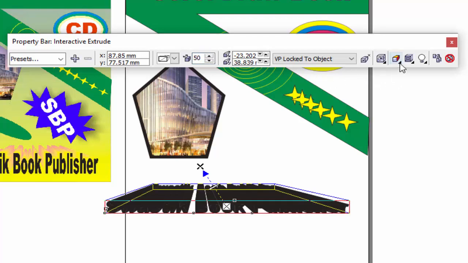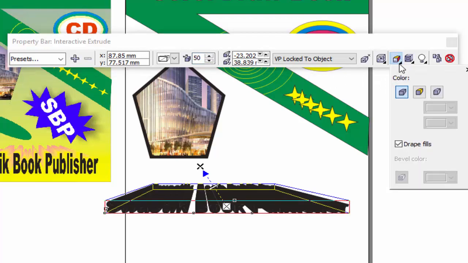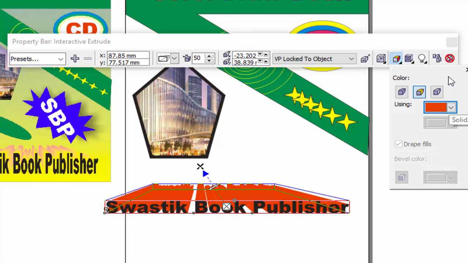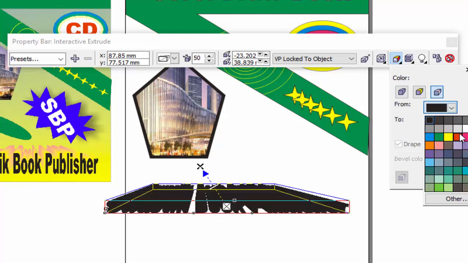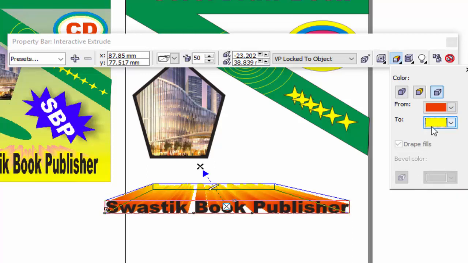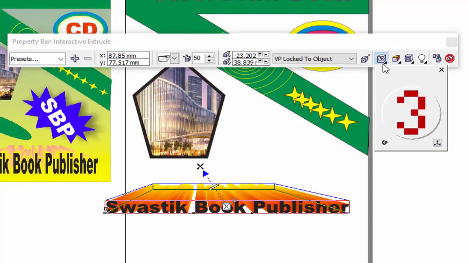If you want to fill color in the extrude, use this option, solid color, from here like this, solid color. Or if you want to fill two colors, select one color from here and select the other color from here. I think you got my point. And similarly, if you want to change the direction of this extrude, you can use this option, and this hand.